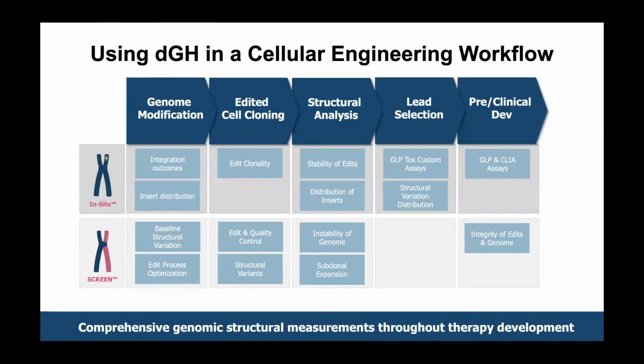Either de novo or targeted DGH methods can be applied to cellular engineering, wherever assessing the structure of an edit site or an entire edited genome is important. There are 3 broad categories of use cases for DGH structural measurements: measuring baseline structural variation before editing to provide a full characterization of the starting material, using DGH measurements to compare and optimize editing processes, in effect using the structure, not just the sequence, to assess the efficacy of an editing process,